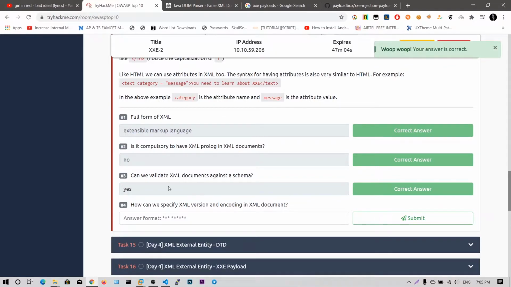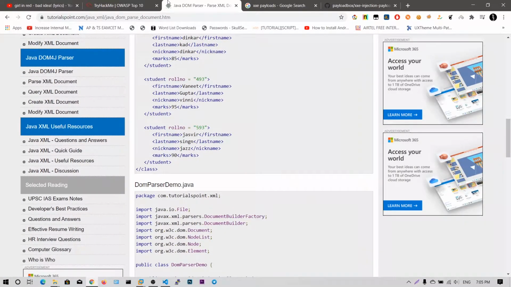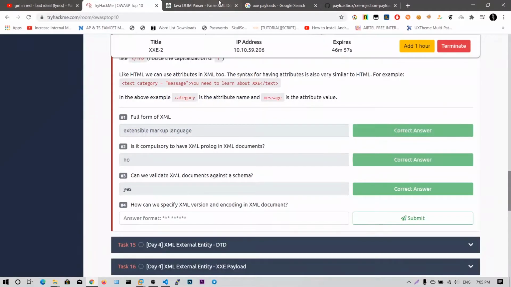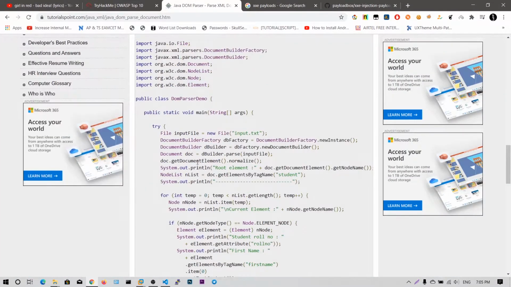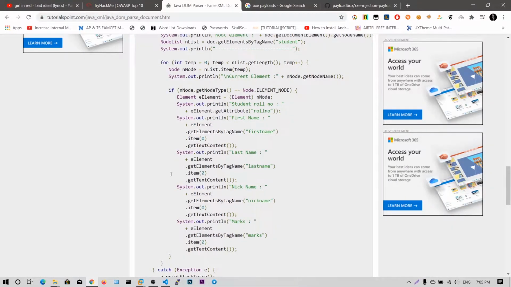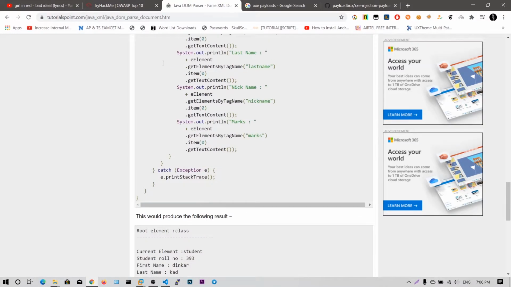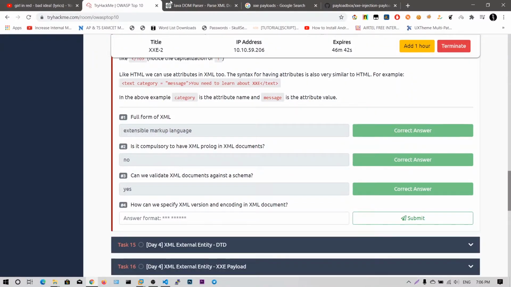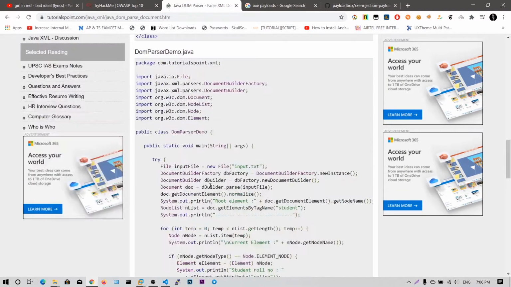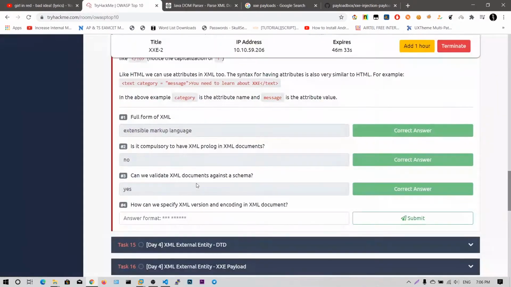So this reminds me of all the Java parsers from when I took my Java course in college. It's very horrible to just extract a small XML document into data. You have to use objects, getElementByTagName, etc. So this is in Java. It's very hard. I don't know XML parsing in Python, but I think it's very easy because Python is more readable and writable than Java.